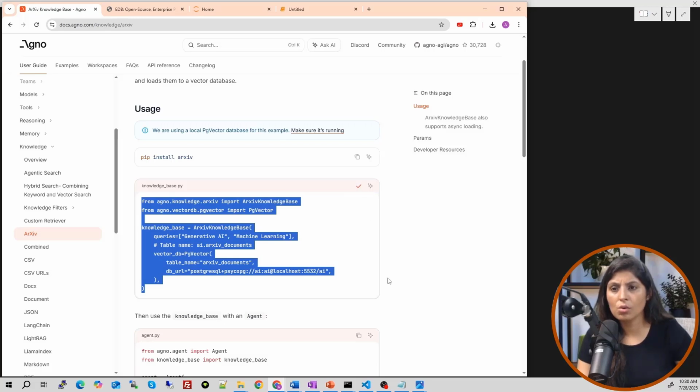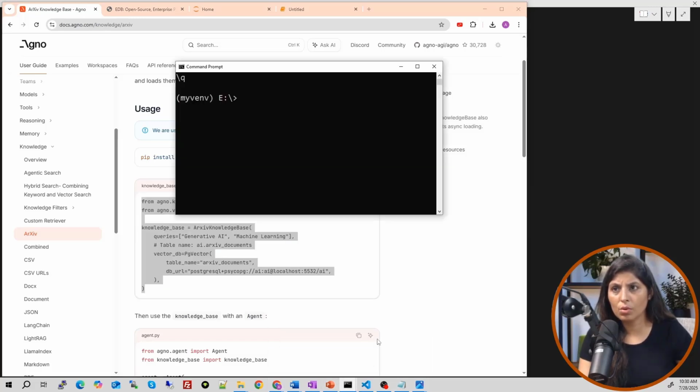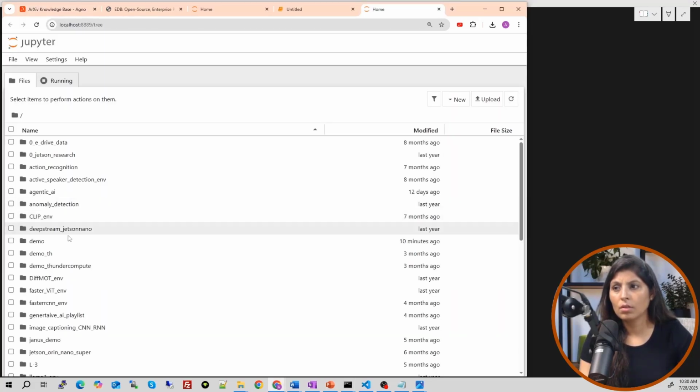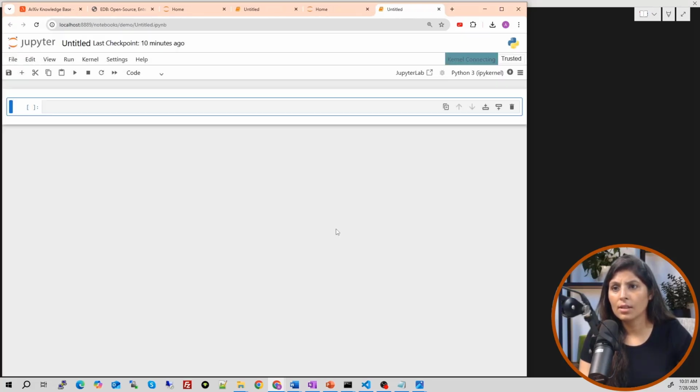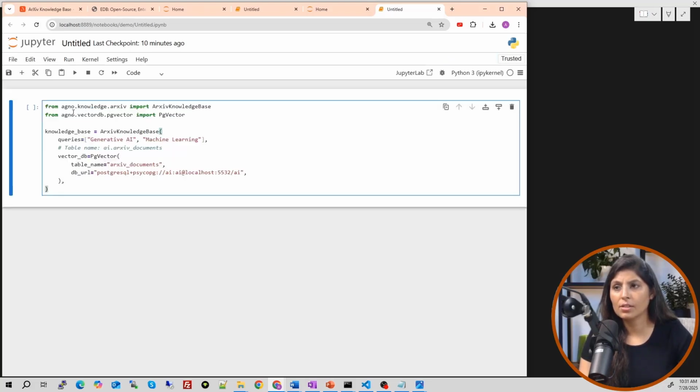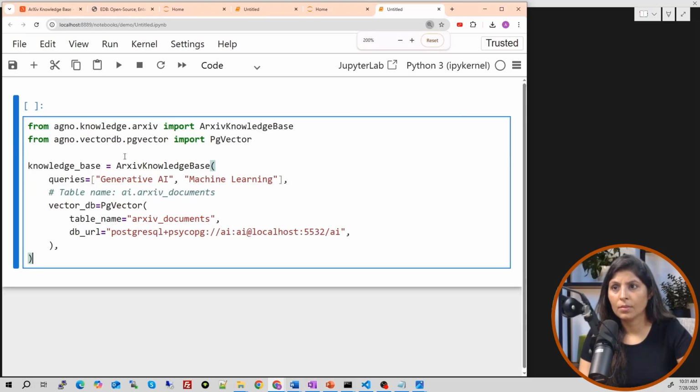To run this code, we will open a Jupyter notebook. So let me open a Jupyter notebook. I'll show you the code in the demo folder, and here is the file. Select the kernel and paste this code. See, this is the code. First we are importing the arXiv knowledge base. Why?